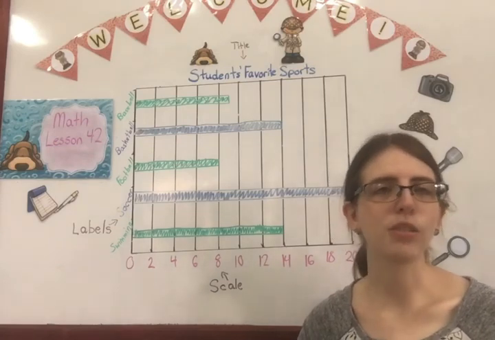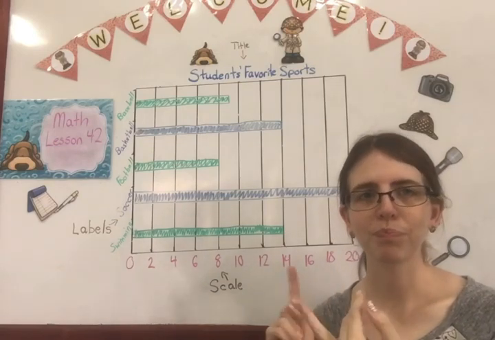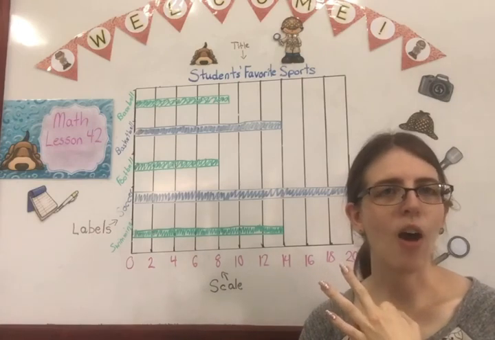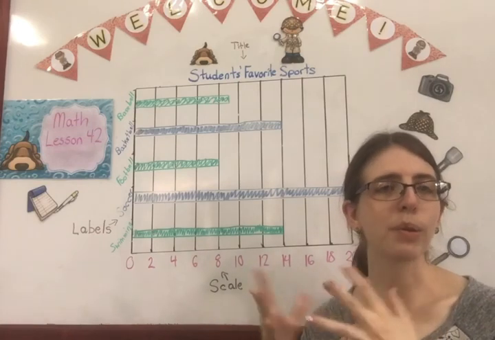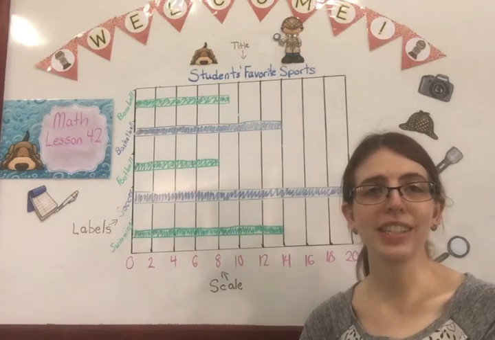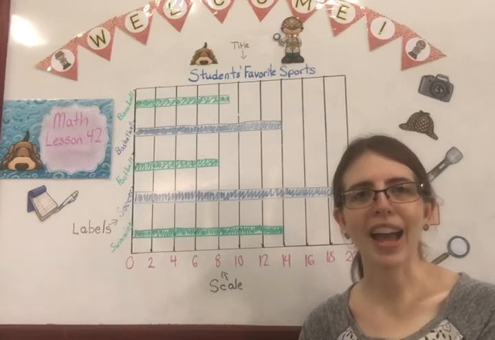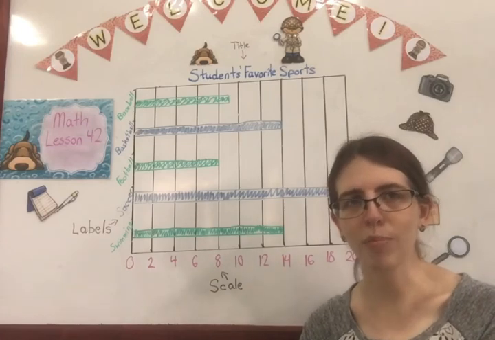So most scales we either count by twos, or by fives, or by tens. Depends on how big the numbers you are using are. If it's really small, you might even count by ones. So 1s, 2s, 5s, and 10s are the normal scales